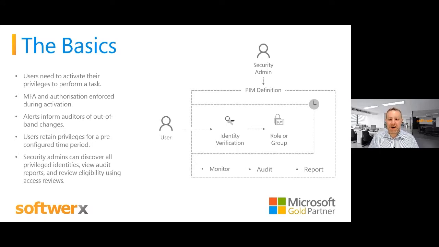The basic idea is to ensure that for the rest of the time, should their account or credentials become compromised for any reason, and hopefully you've all got some conditional access services in place to help mitigate against that,